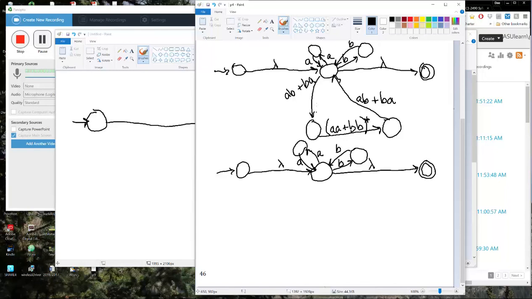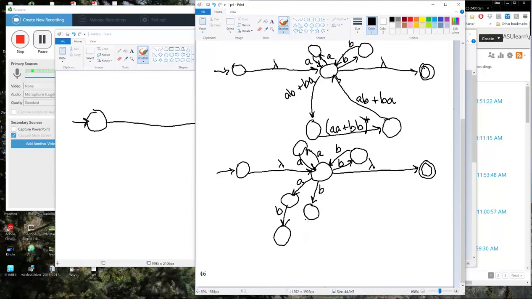Now, this you need to break up over OR, and then each of the two little pieces get broken up over concatenation. So first I'm going to place this state kind of over here. Where's my cursor? Where'd it go? Okay, right here. So I need one road for the AB and one road for the BA. So here's my road for the AB getting busted up over concatenation, AB, and here's my road for the BA,